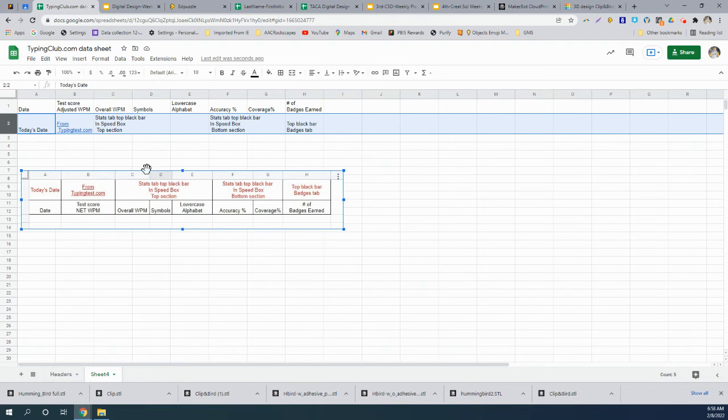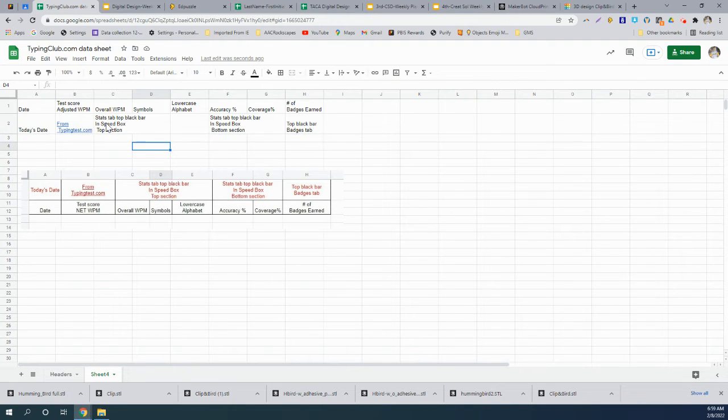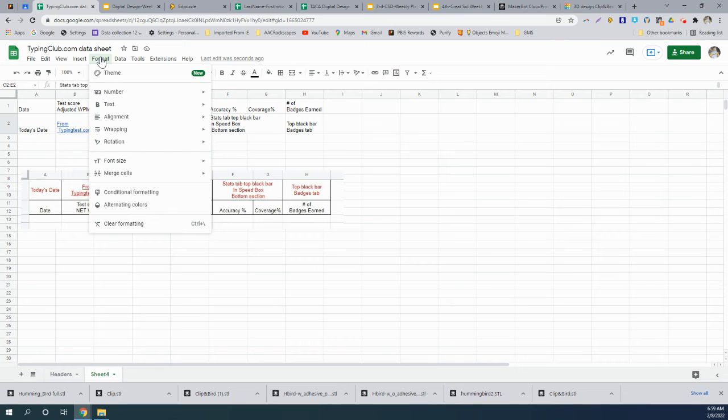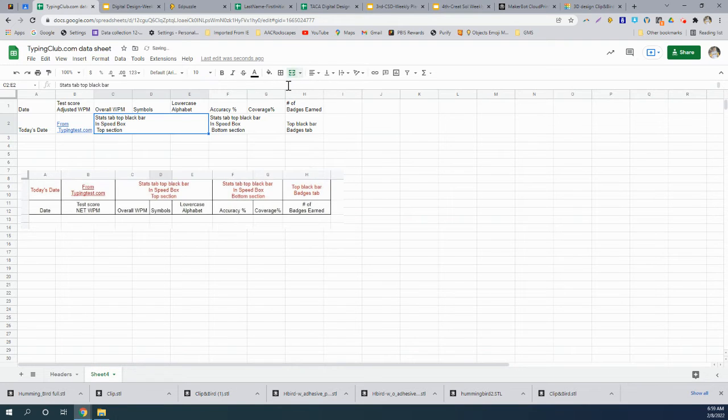Now I'm going to look at the alignment. Looking at these, they are all centered. And if I look at this one here, this is 3 cells that are merged together. So we'll merge those first. Merging cells is pretty easy. I select the 3 cells that I want to merge together, just like these are here. Select those, and under the format pull down, I've got merge cells, merge all, or the quick key is right here. Just click on merge cells once, boom, and it merges all 3 of those cells together